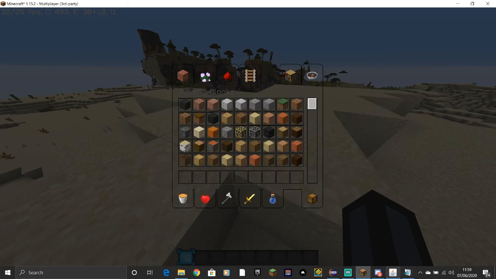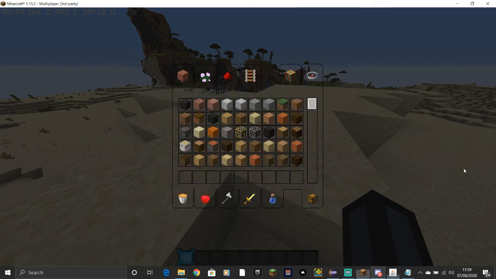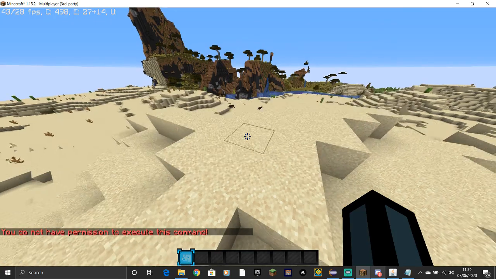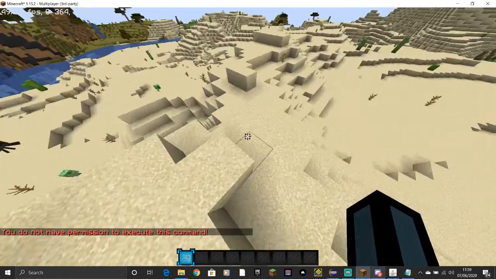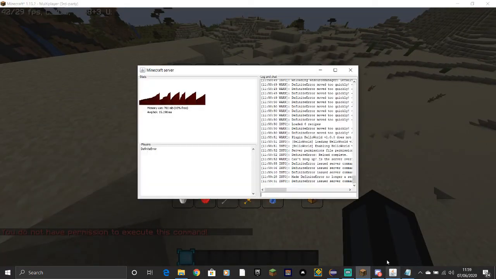as, wait, first we'll check this. So if we deop ourselves, deop DefiniteError. Now if I try to do /hi, you do not have permission to execute this command, just like we set. And then if I op myself again, so we can test this next thing, op DefiniteError,